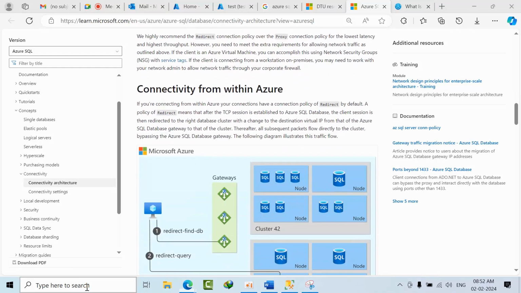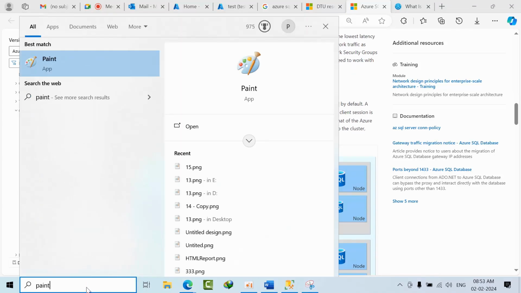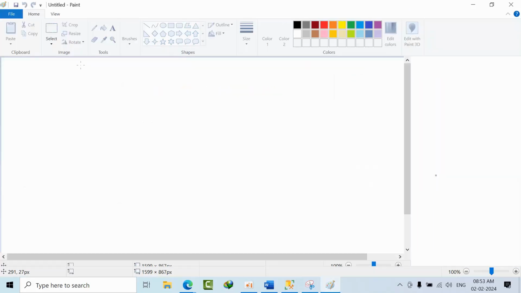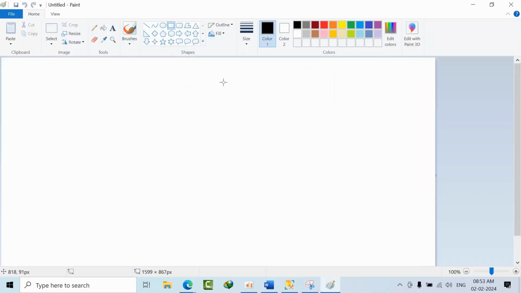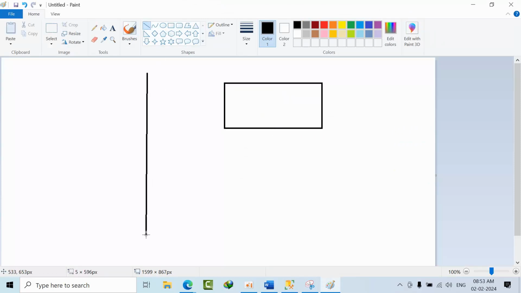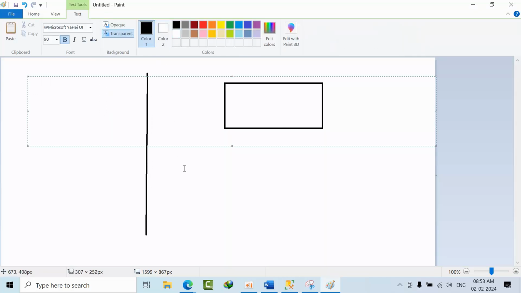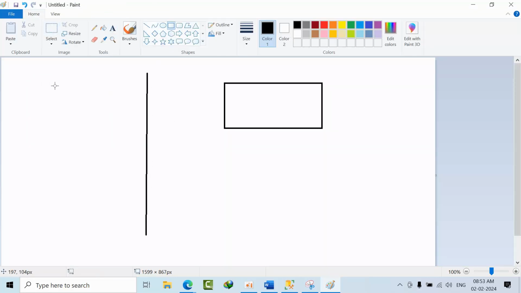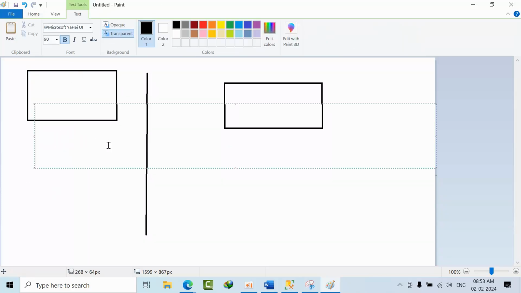I will open Paint here. This is the Azure SQL Server database. This is the on-prem computer, laptop.